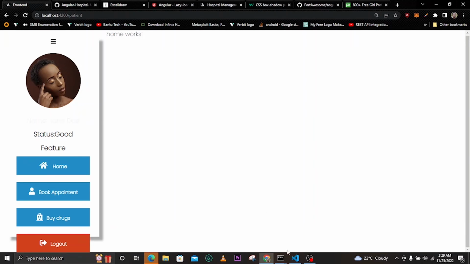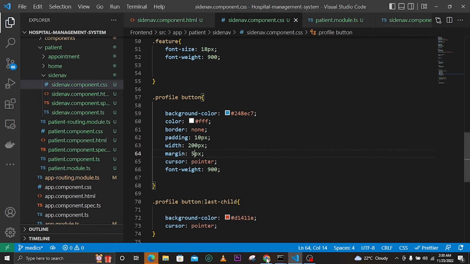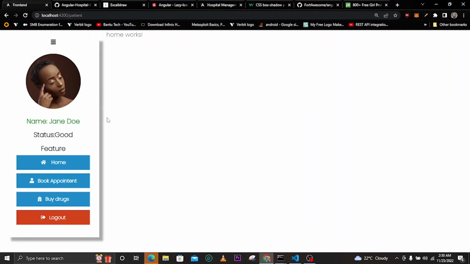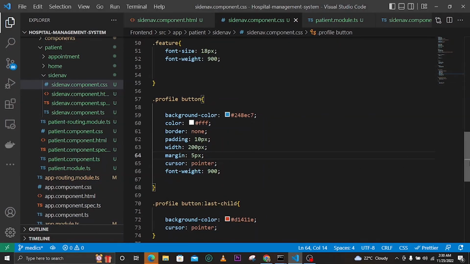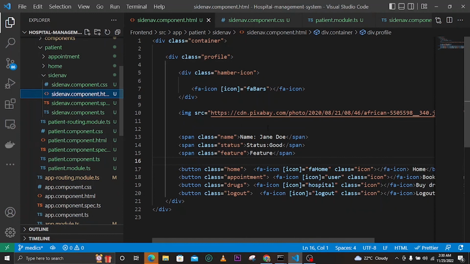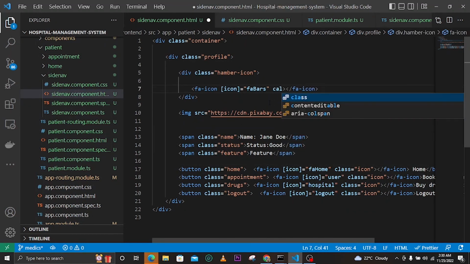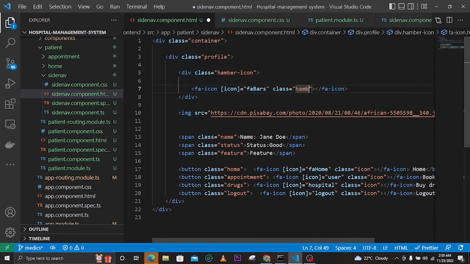So if we have not saved here, let's save, and then let's see. Yeah, I think that's okay. That's cool. So we need to push this one to the far end here. So we can just target this hamburger icon here. This hamburger icon, you can add a class and call it hamburger-icon, just like that. And then let's select it, add it in our CSS,